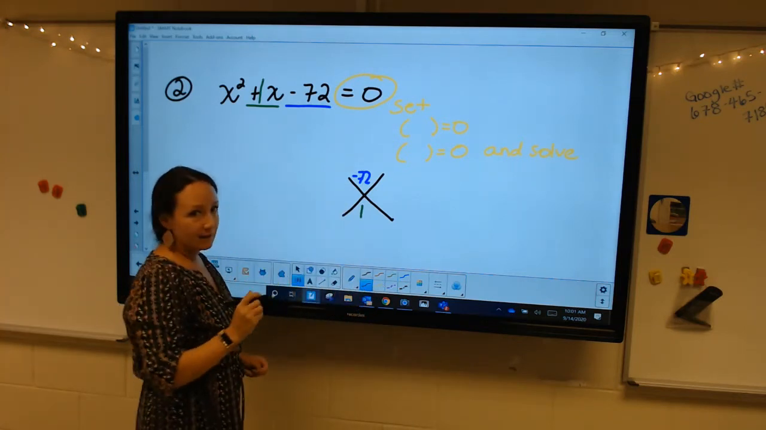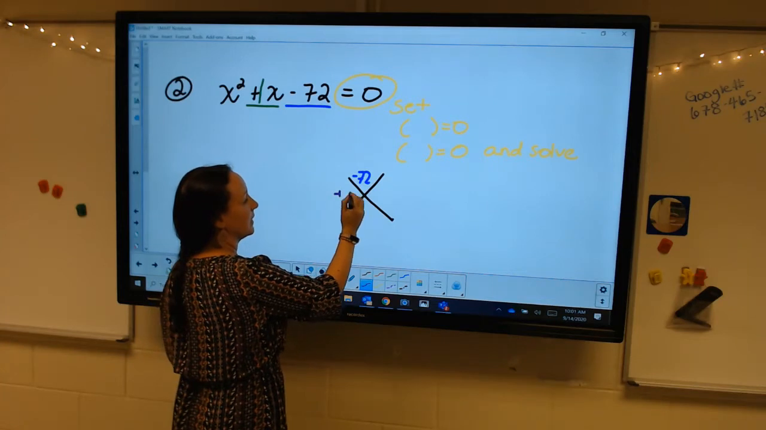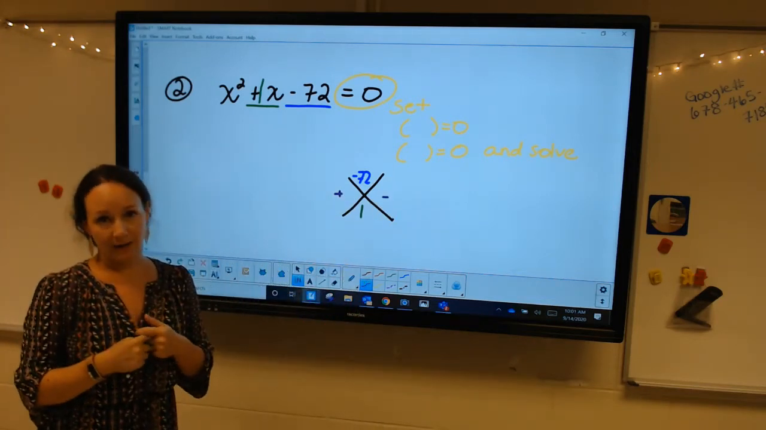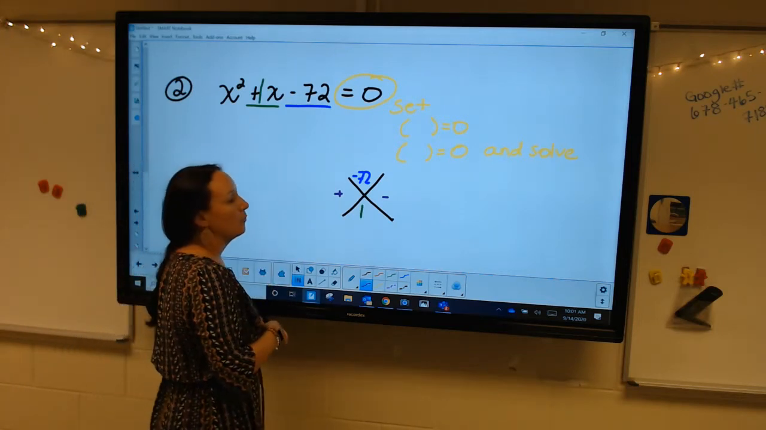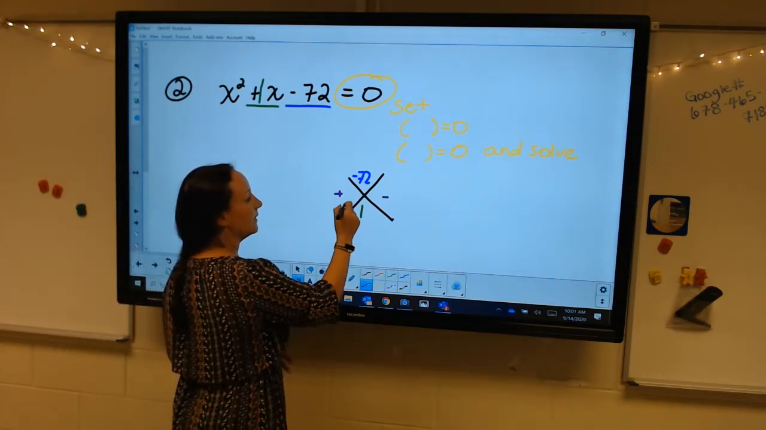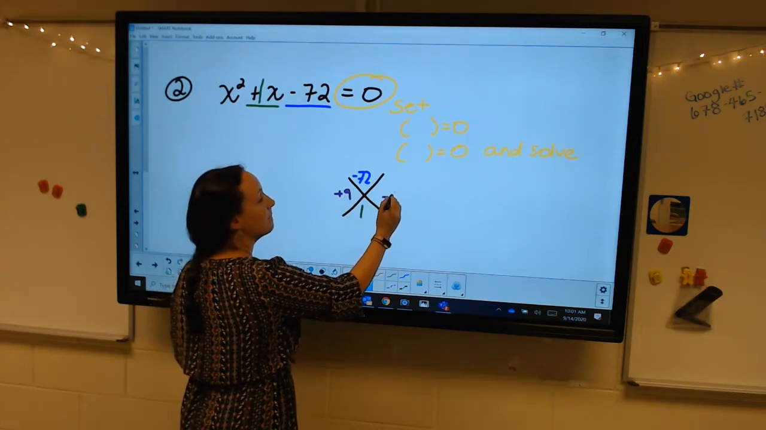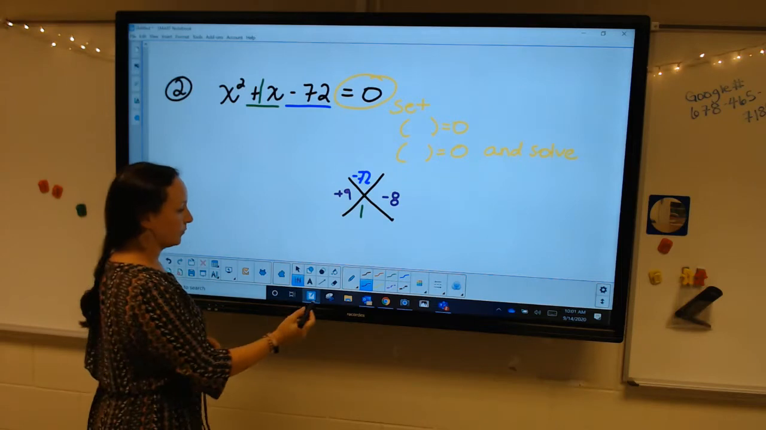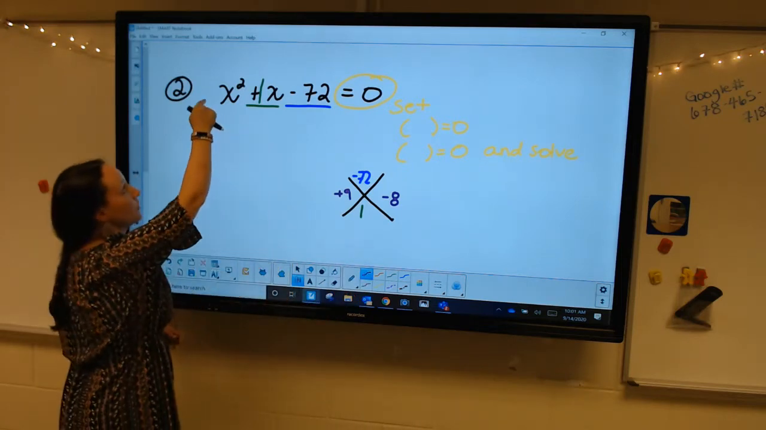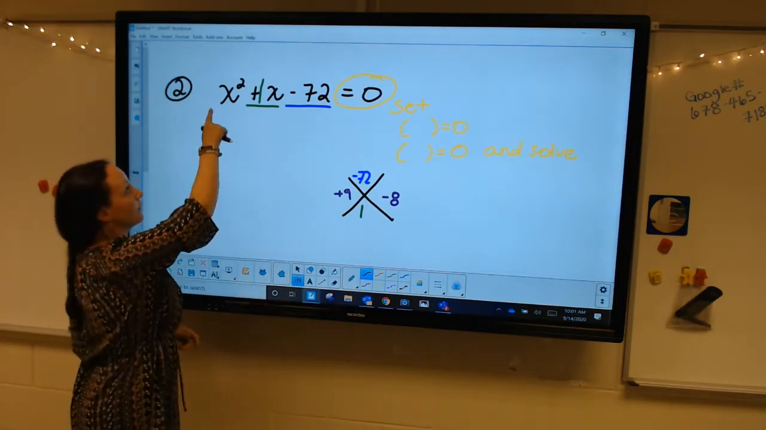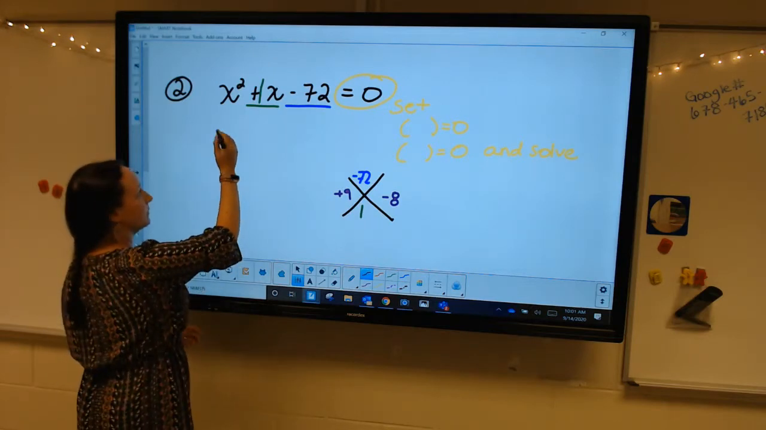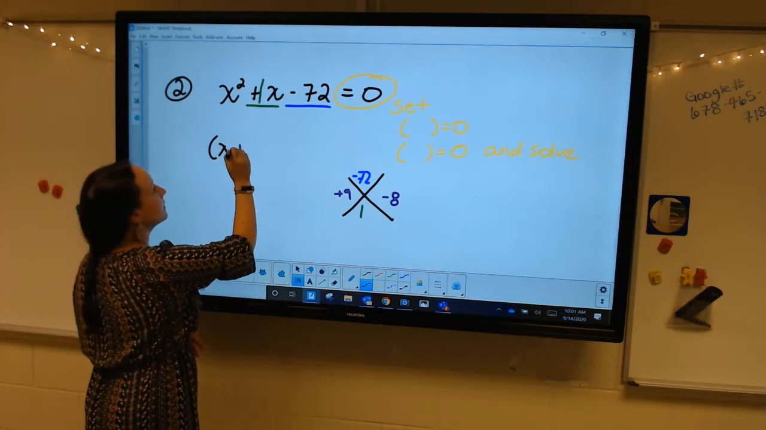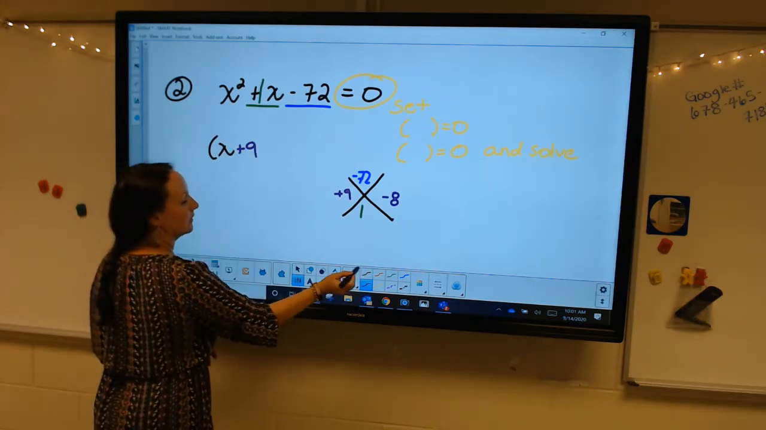Because it's a negative 72, that tells me that I'm going to have a negative times a positive in order to have a negative answer. We'll use 9 and 8. And a positive 9 minus 8 is how we would get the 1 in the middle. So I'm ready to put it in factored form because there's no number in front of x squared besides a 1. So x plus 9